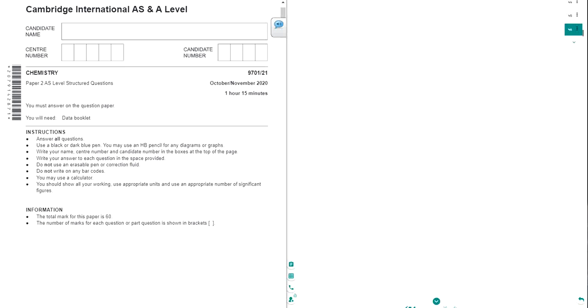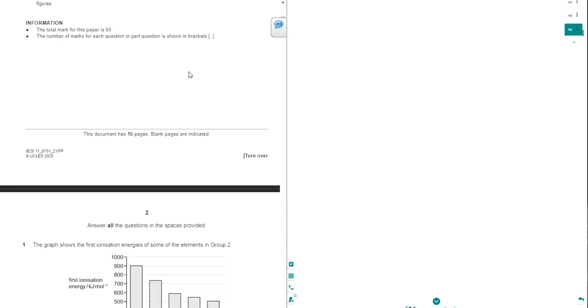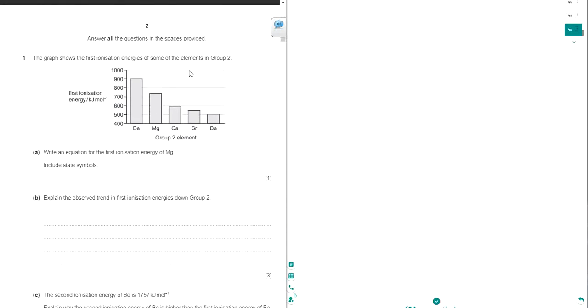Today we will go over an AS level chemistry paper. This is the first lesson on this paper. It's a paper 2, structured questions, October-November 2020, paper 21. And we will start from scratch with question 1. So this is the first lesson of a series of probably 3 to 5 lessons where we will complete this